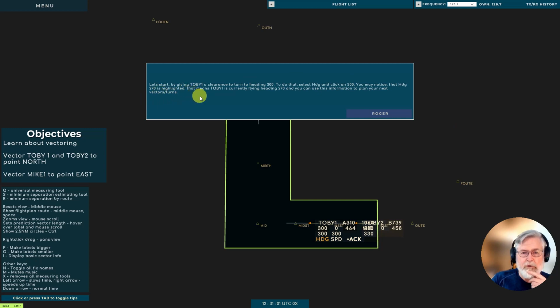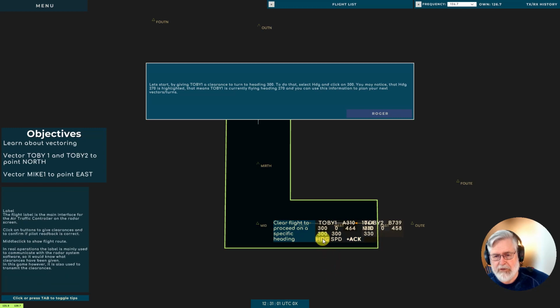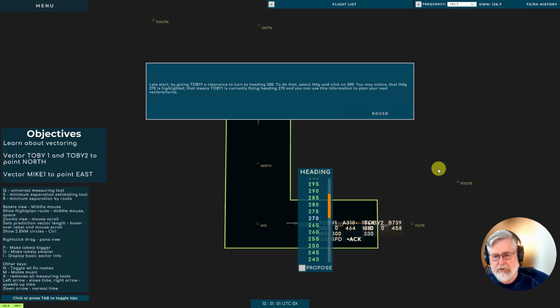Now let's start by giving Toby 1 a clearance to turn to heading 300. And to do that, we select the HDG button and click on 300. You may notice that HDG 270 is highlighted. That means Toby 1 is currently flying a heading of 270. And you can use this information to plan your next vectors and turns. So if we click this button, see the 270 is highlighted, and they say that they want us to turn it to 300, which is 30 degrees. We're going to turn it 30 degrees,